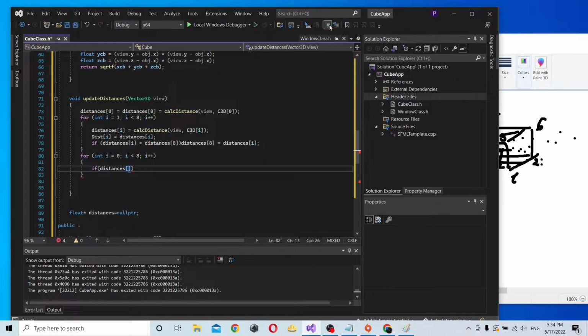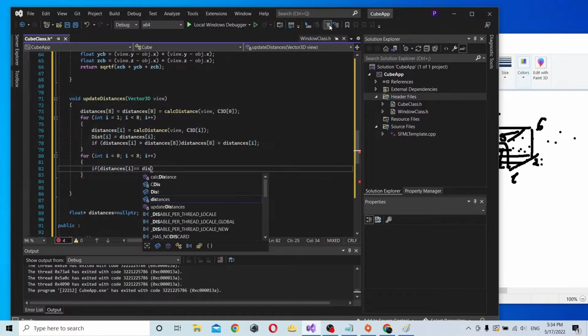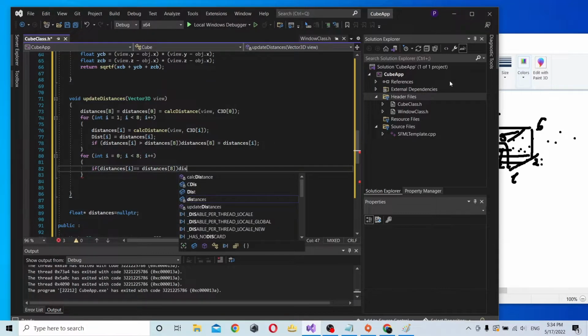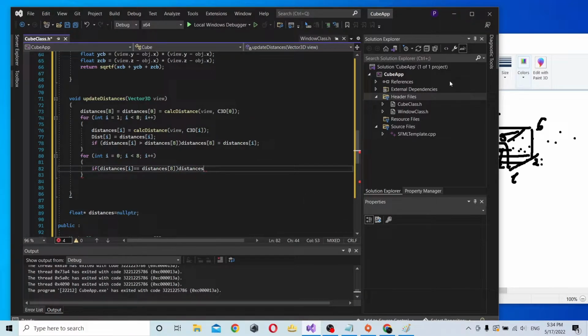Okay, distances of i equals the maximum, because I told you there can be more points in the maximum zone, equals distances i equal 0. We're not gonna use this point to show, but we're gonna use the points that we can see, distances i equals